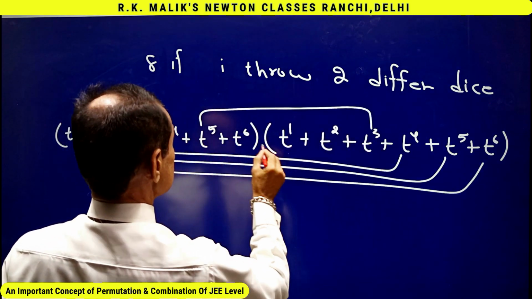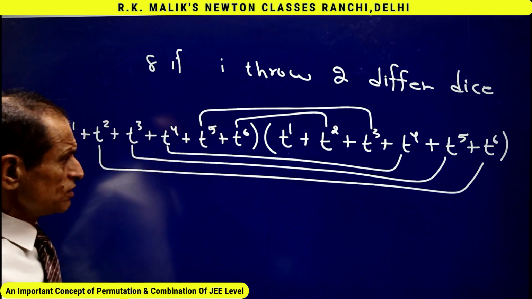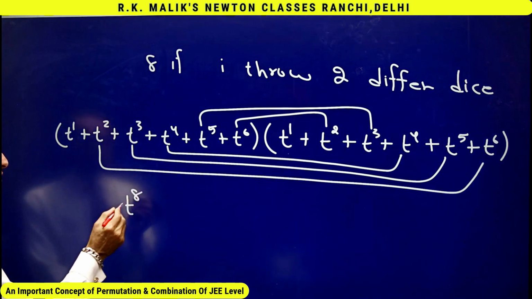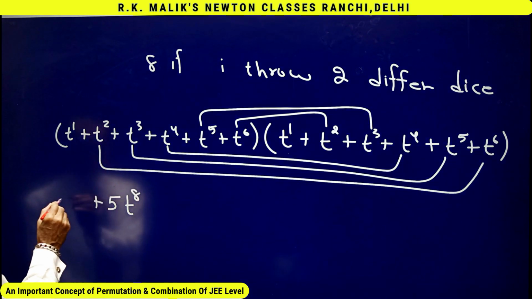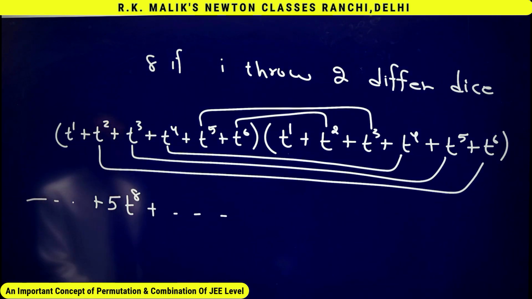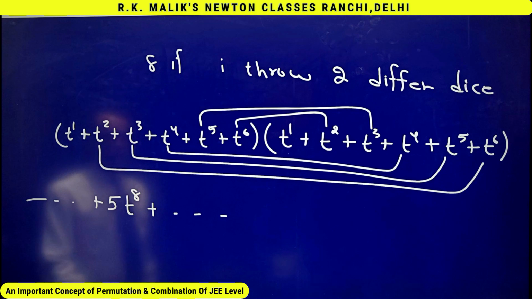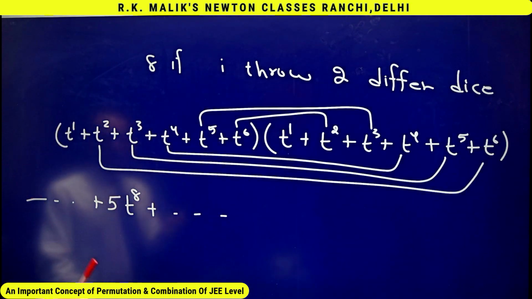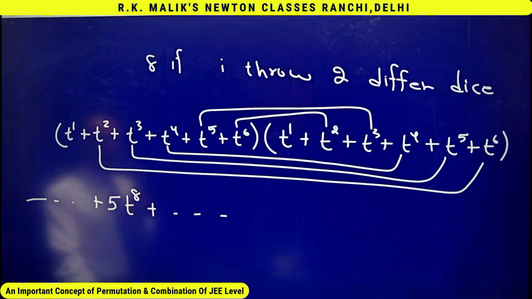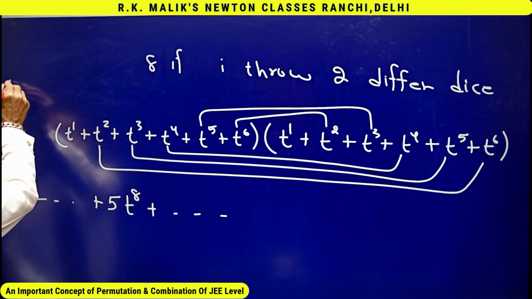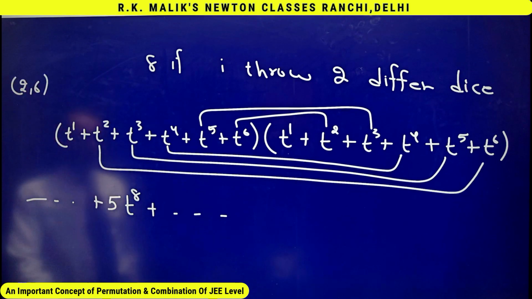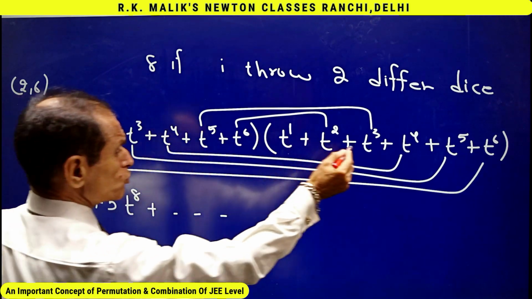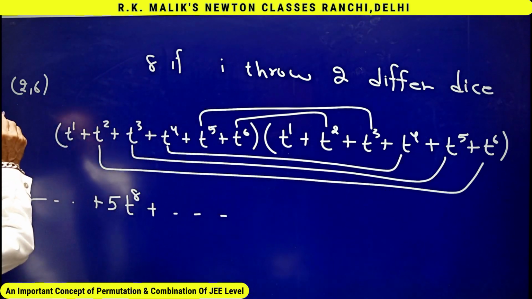One more because of this, and one more because of this. That is, you can see very easily t to the power 8 will have coefficient 5. The term t to the power 8 which will come by the multiplication of this and this, that t to the power 8 term will indicate towards the outcome 2 6. One more t to the power 8 which will come because of the multiplication of these two, that is indicating towards the outcome